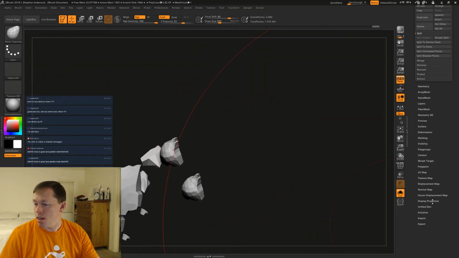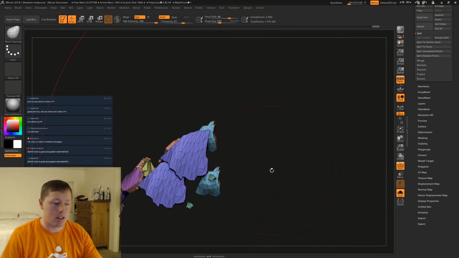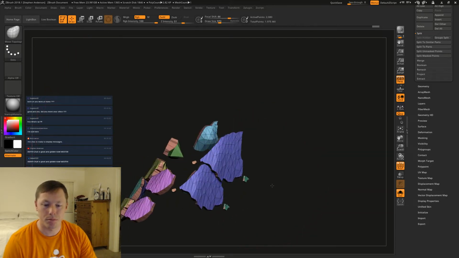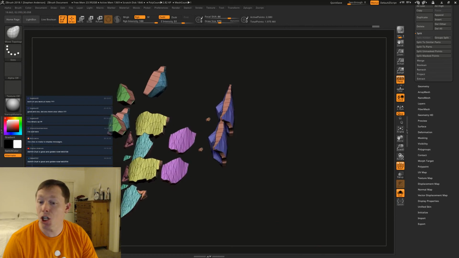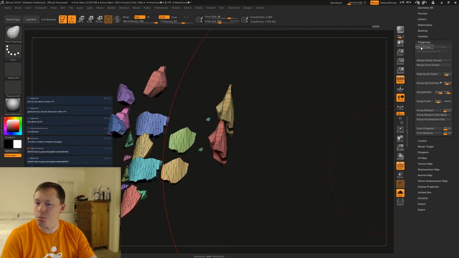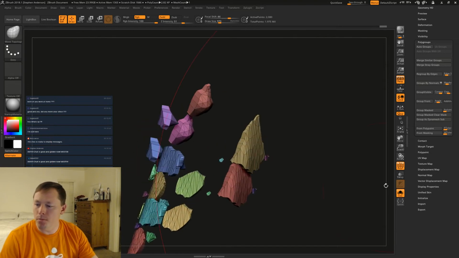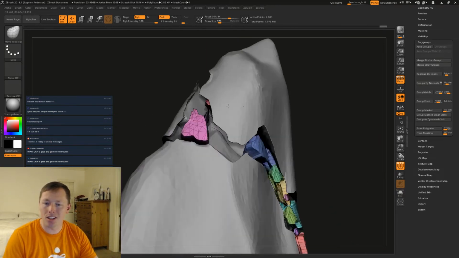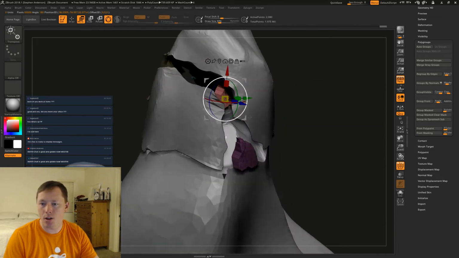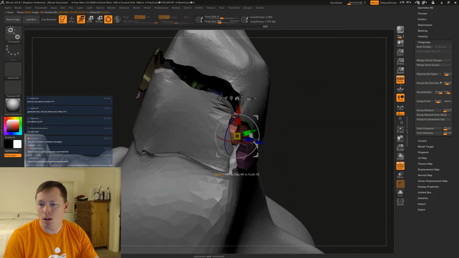These pieces all have the same polygroup assignation. So I'm just going to go ahead and say auto groups. And this should make it easier for me to come over here and say, okay, I want you over here. Let's shrink you.